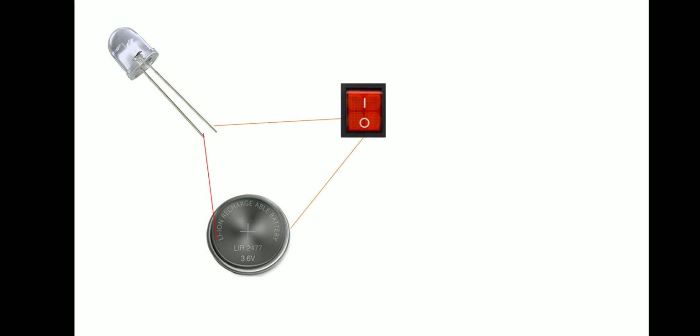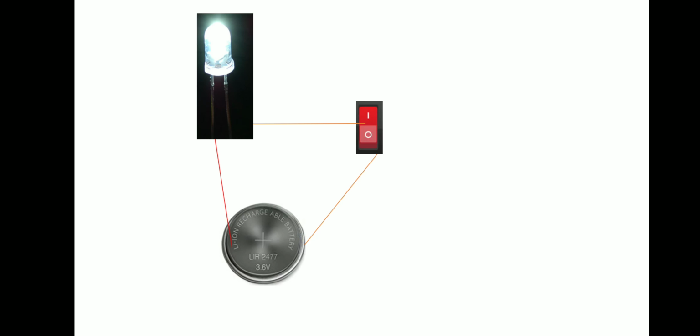So when our circuit is closed and it is correct, then our light glows. See, can you see this switch button which is on? It means it is on 1. And now our LED is glowing.